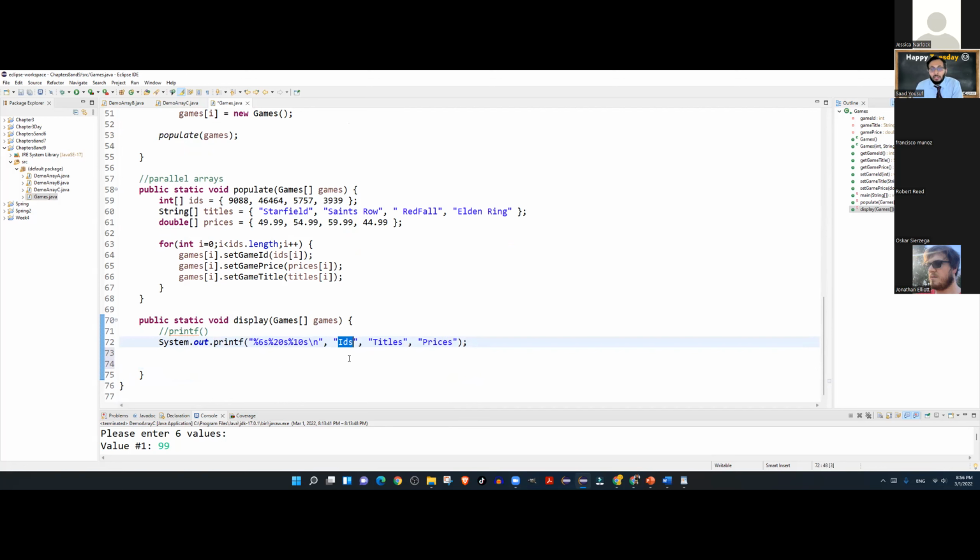IDs will occupy 6 column spaces, titles will occupy 20 spaces, and prices will occupy 10. Well, prices is only 6, titles is also only 6, and IDs is only 3. So it just leaves the remaining 3 or whatever number of spaces are left, so that every line will be exactly the same way. It will fill in whatever can be filled, and the rest will be left empty. That way you can have nice columns.